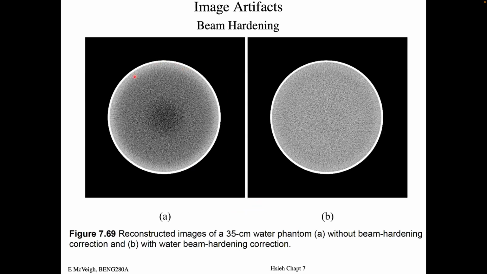So if you have a very uniform sample like this, and you image it without any compensation for beam hardening, the image pops up on the screen. It looks like this. And so this is one of the things, if you got your raw data and you just recon, you assume that I can just do a convolution back projection, and I do that, you're going to get an image that looks like this. Well, there'll be other artifacts in it, but this is one of the primary ones that'll be there,